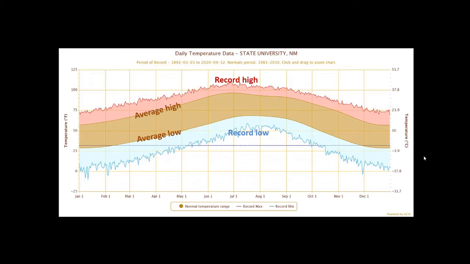What's the average high for a particular year? The average low for a particular year? When is the first day of freezing? When is the first day of thawing? That's one of the definitions of climate: the long-term average. A lot of times we use blocks of 30 years or more, and for climatologists, we like to use even longer periods of time, like 50 to 100 years. Even though there's not a lot of data that's been collected that long, each day we have our weather. So weather is the short term and climate is the long term. They say weather is what we get and climate is what we expect.